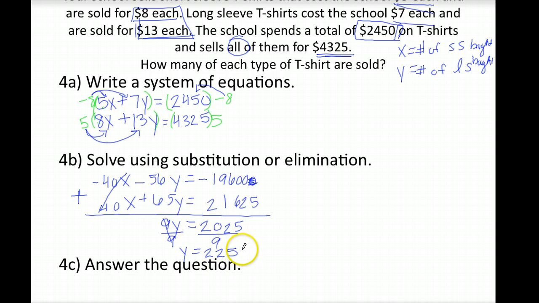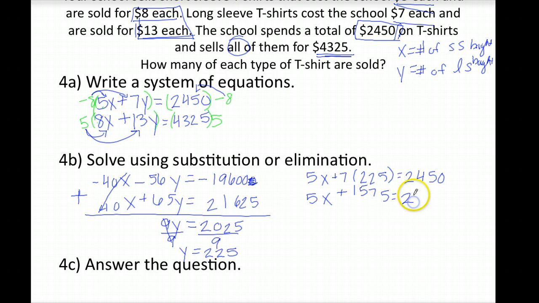Now to find the x value, I can substitute 225 into either of the original equations. You can also substitute into one of these new equations that we multiplied, because they would be the same. The original ones are simplified, so I'm going to use the smaller numbers. I'm going to substitute it into that first equation. So we get 5x plus 7 times 225 equals 2,450. The next line, we'll get 5x plus